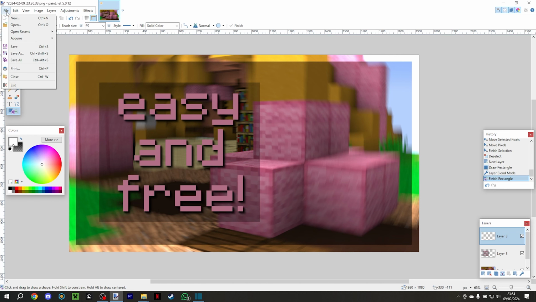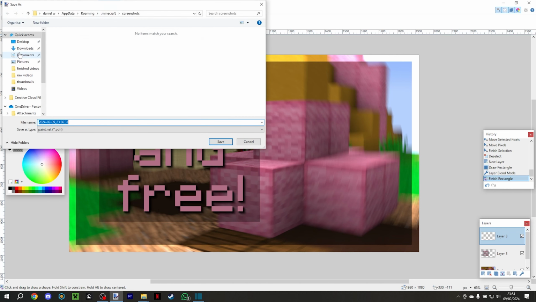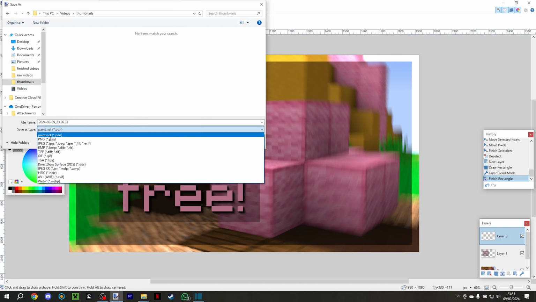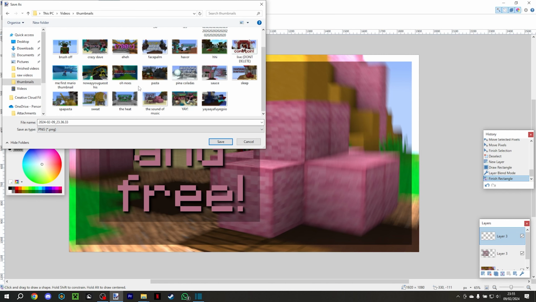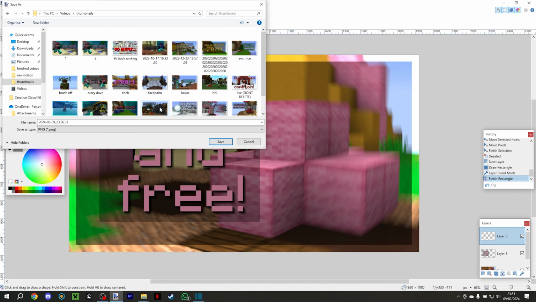So we're going to click file, we're going to save it. Now it will go back to screenshots. Again, I've got a dedicated folder for thumbnails. PNG, you can see on my thumbnails here, some I never used, some I did, and I just give them random names, like sleep, don't know what that was. I was very happy there, don't know what Sound of Music is, some 1930s film I think. So we're going to call this one Pasta. Oh, I've already got one called Pasta, okay. We're going to call it